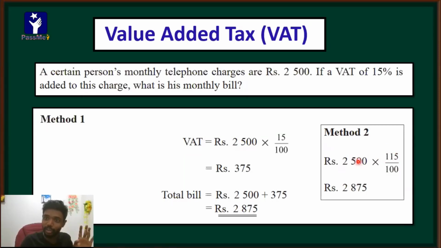We know that the actual, exact value is 2,500. So by solving this simple multiplication, you can end up with the same answer that we calculated in the first method. So that is the easiest way, I think. I think VAT is similar to custom duty. There is nothing more to explain. I think you don't want any explanation more than this one. So we can move to the next